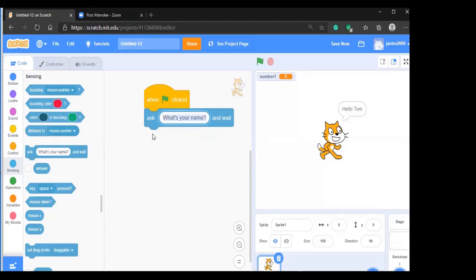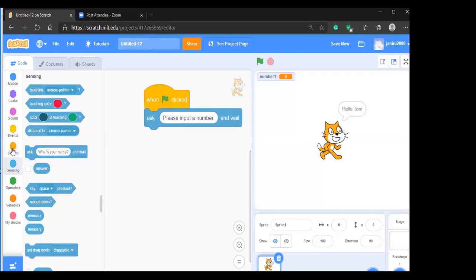My question is, please input the number. Now I'm waiting. I want to store this in the answer. So now what I want to do is check whether this answer is greater than 50 or not.